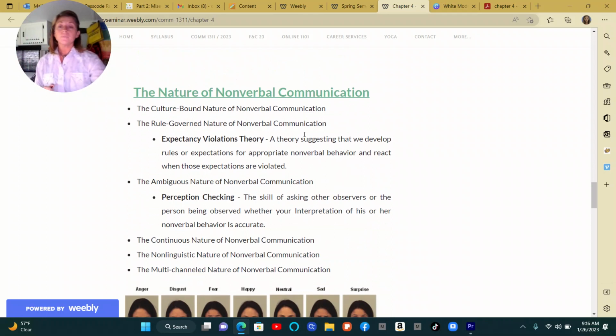It's very important. The nature of nonverbal communication is that it's culture-bound, right? And there's the rule-governed nature of nonverbal. So these are terms that for sure you need to be taking notes on because you will not really remember this. It's not something that we're taught naturally, right? So the culture-bound nature of nonverbal is that, like in the Valley culture, when I see people speaking and I can hear them, it's a cultural thing and I know that they're from the Valley. The rule-governed nature of nonverbal is definitely based on laws and rules that are placed on us.